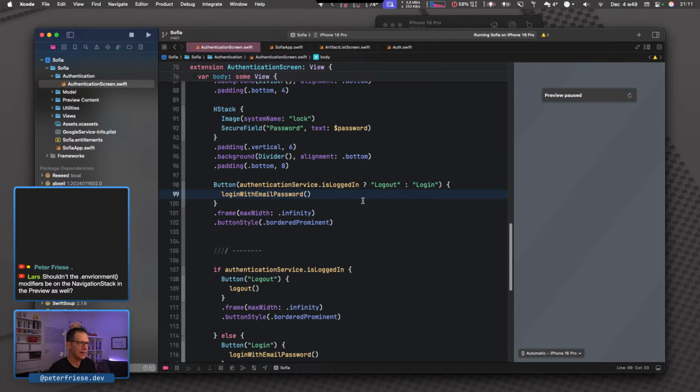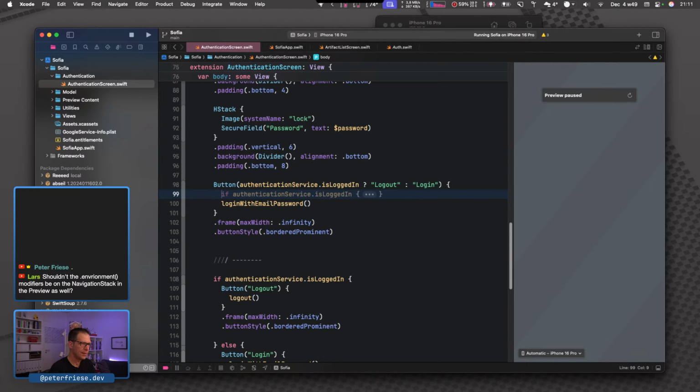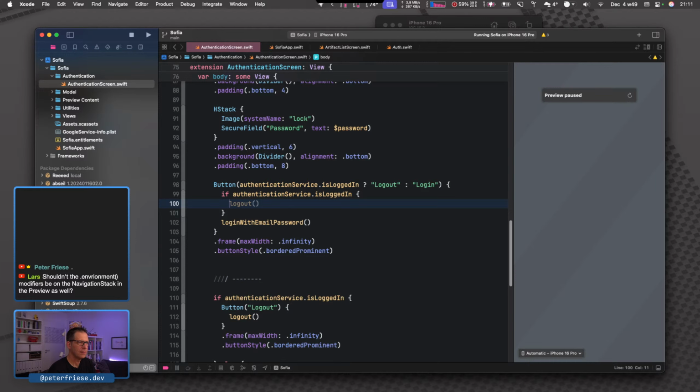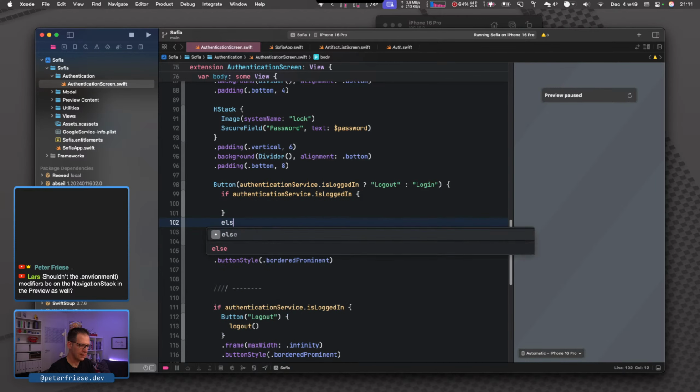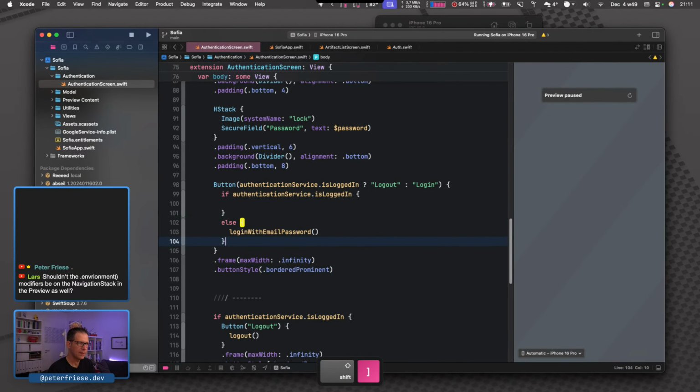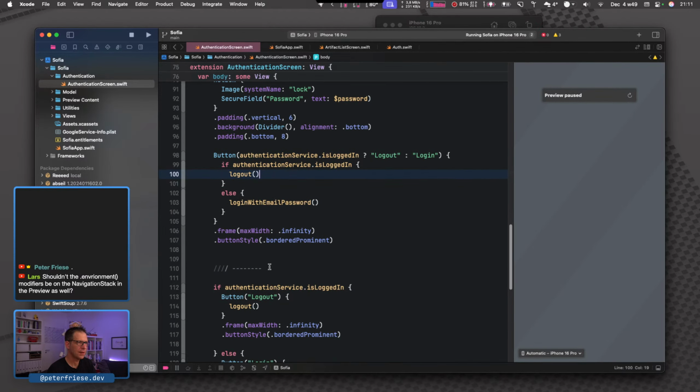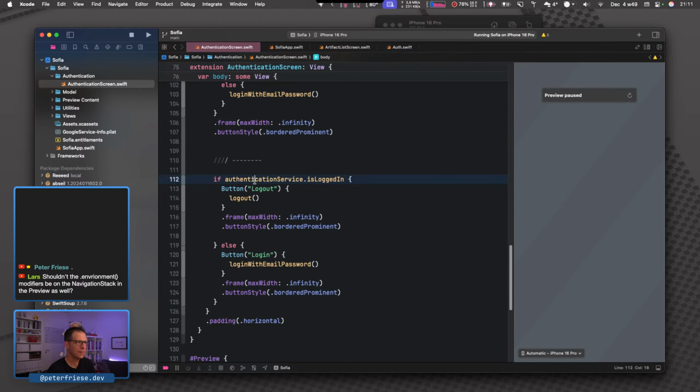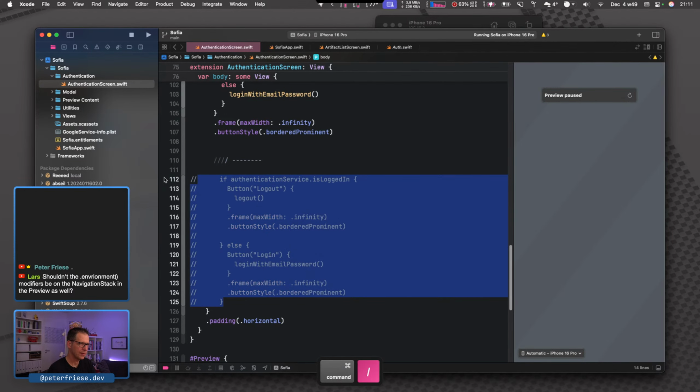And then in here, we'll have to do it this way, right? Log out. Okay. So this should make it easier for SwiftUI to understand the view structure.